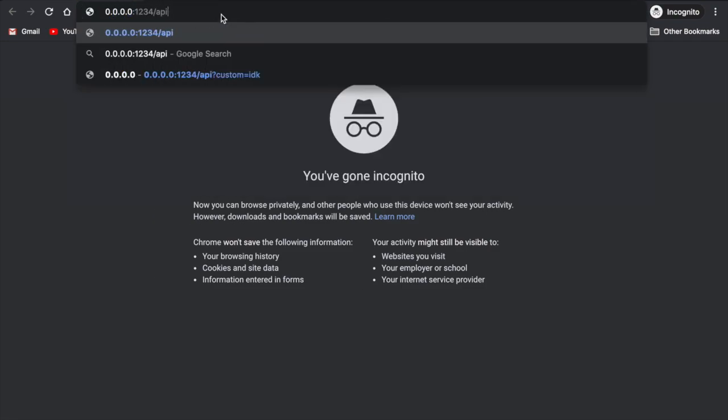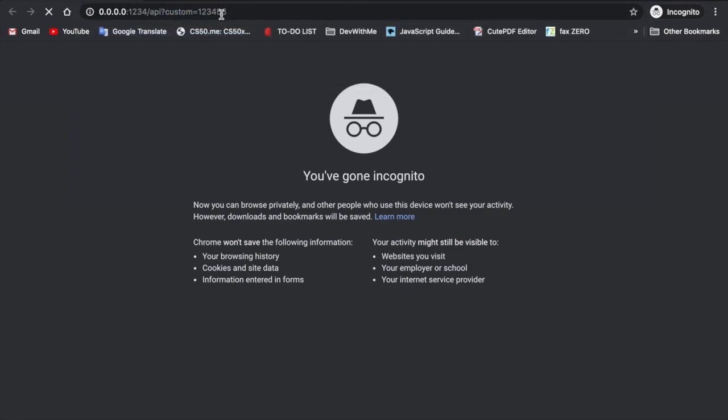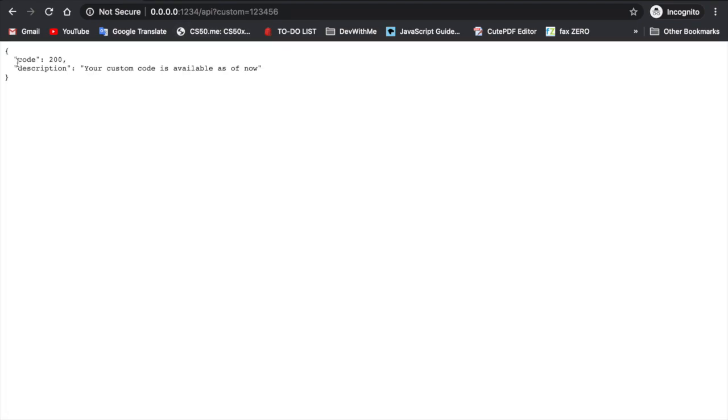Alright, so first I'll try the custom code check, and I'll just try 1, 2, 3, 4, 5, 6. And then you can see code 200, description: your custom code is available as of now. Now I want to try to register a URL, so we'll say URL equals https://freecodecamp.org, and then we can say, yep,